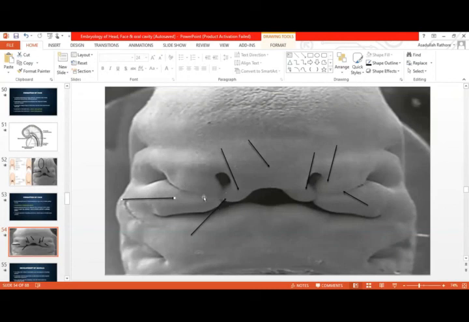So this is how the different structures of the facial region are formed, ठीक है।